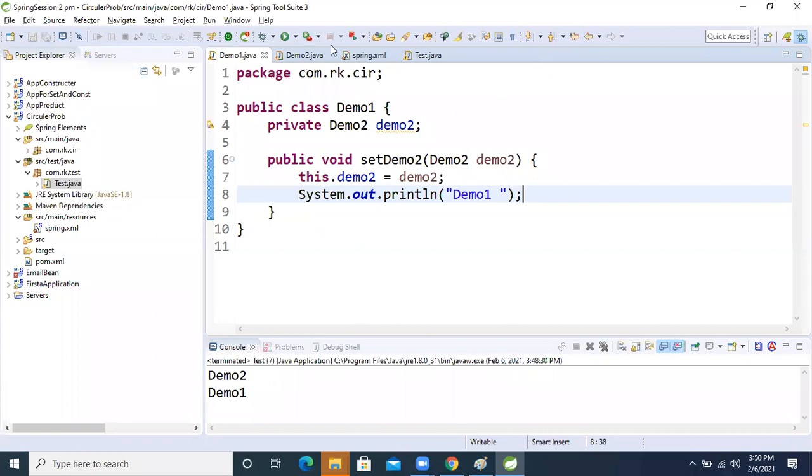But some people are saying constructor is good, some say setter is good.